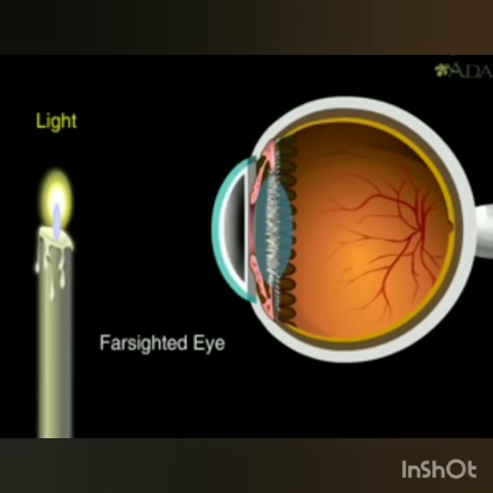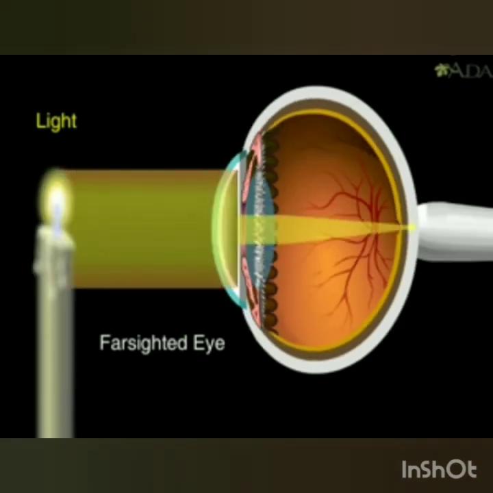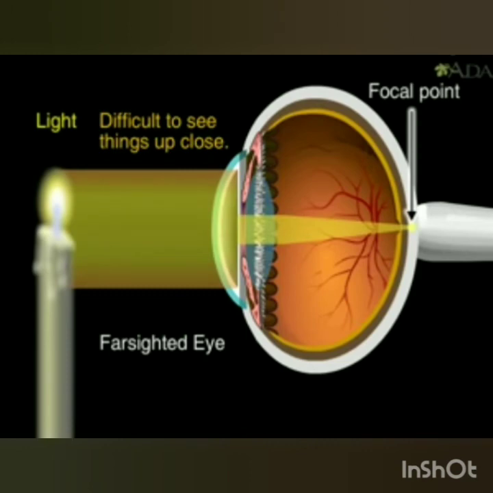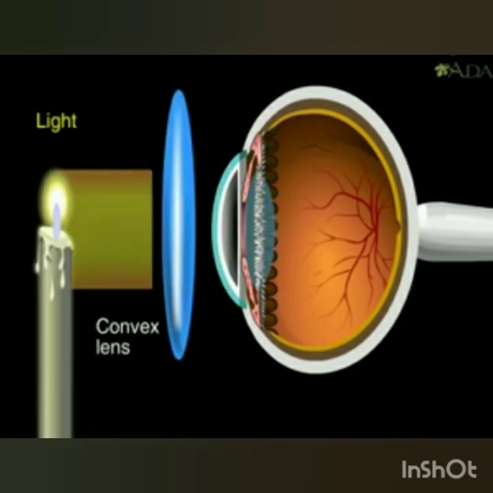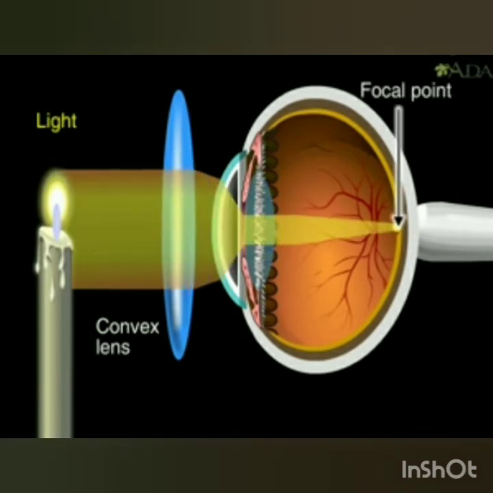There is another condition where the eyeball shape is somewhat compressed, or what you call more oval. In such cases, the focal point will be behind the retina. That's why you again get a blurry image on the retina, which is again interpreted the same by the brain. Can you see? The focal point is behind the retina. In order to correct it, we should use a convex lens. The convex lens will now focus the image right on the retina. The focal point is now adjusted on the retina. Did you see? That is how far-sightedness is corrected.